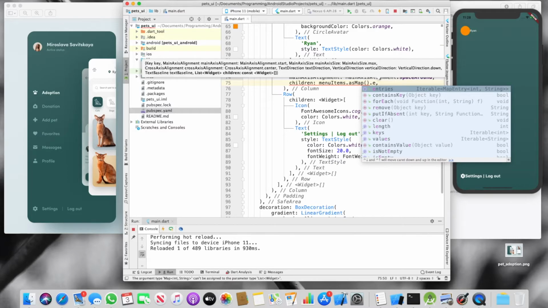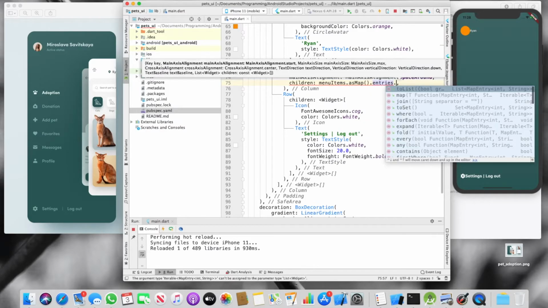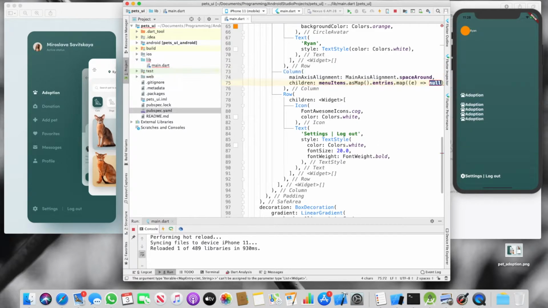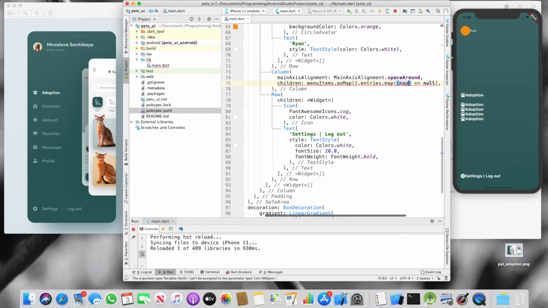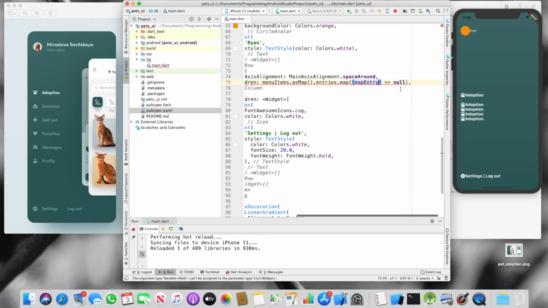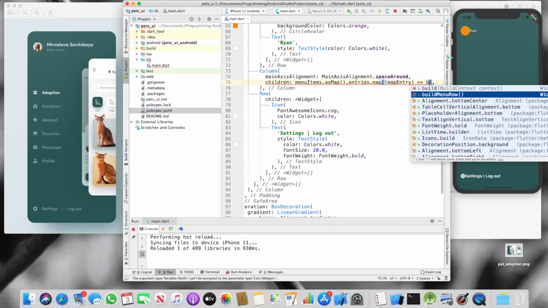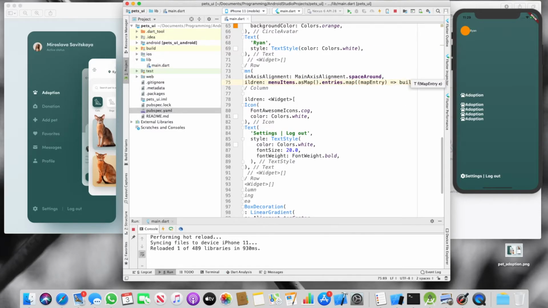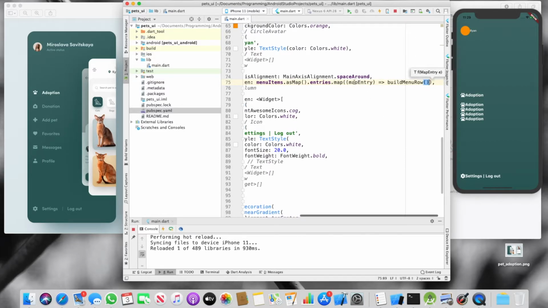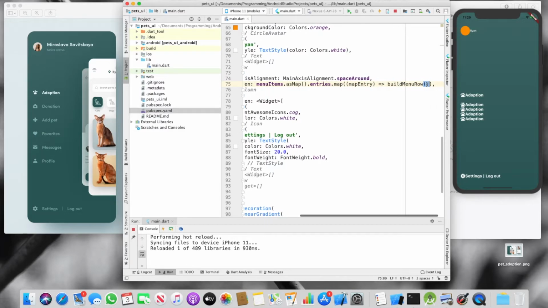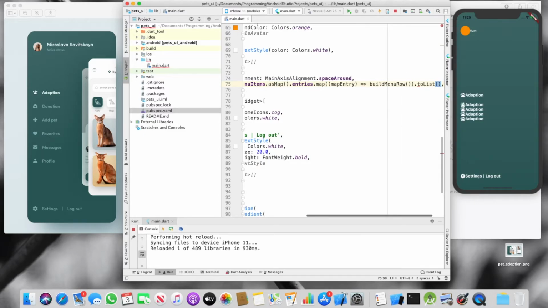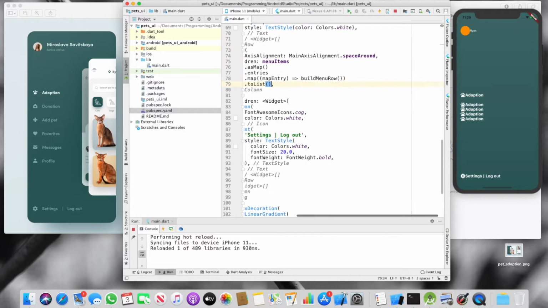As map, and grab the entries. And after that, we want to use the map function. Okay, so here, this is just a generic name. What I want to do here is call build menu row, right? So for each one of the entries in this map that we created, we want to build the menu row. And the important thing at the end here is that the column expects a list to be returned. So we can turn this back into a list conveniently with this toList method. So if I did that right,